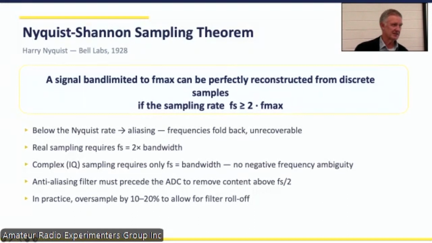We have 2 types of sampling. We have real sampling and we have IQ. So when we're going to start getting into words like complex mathematics, which is the mathematics of unreal numbers. Unreal numbers are used for the definitions of 2 dimensions at 90 degrees to each other. Be very careful. The use of the mathematics term unreal is irrelevant. It is totally real. It's just a mathematics term.